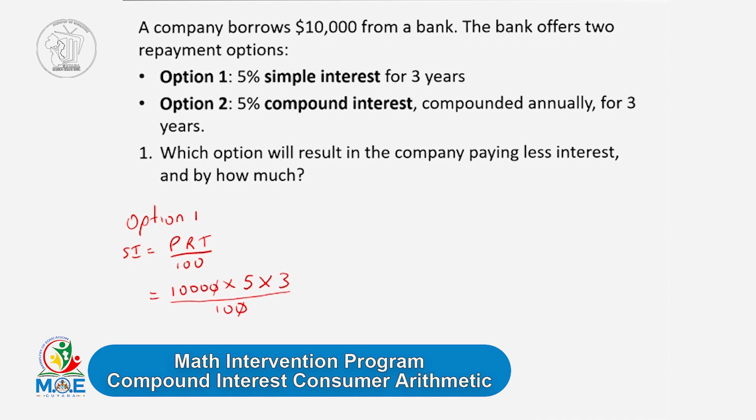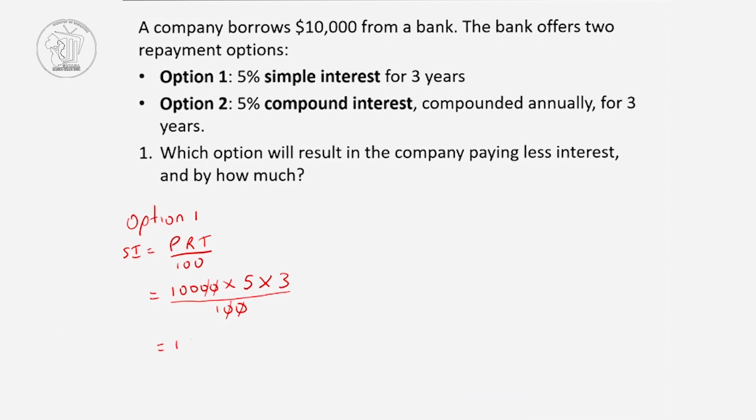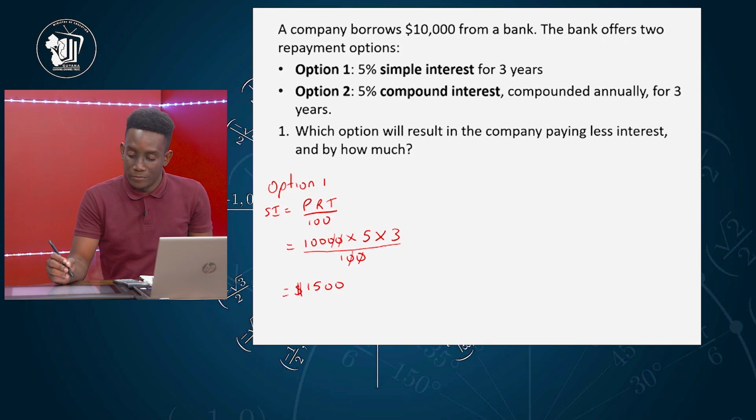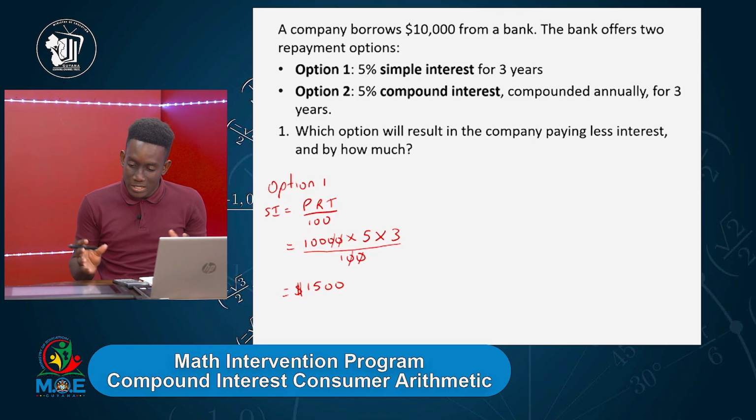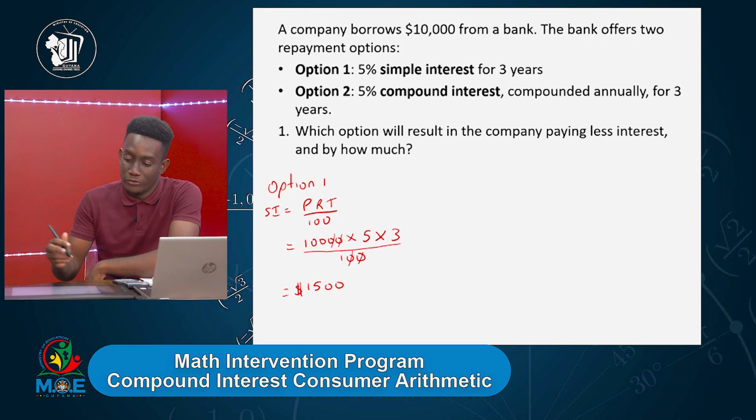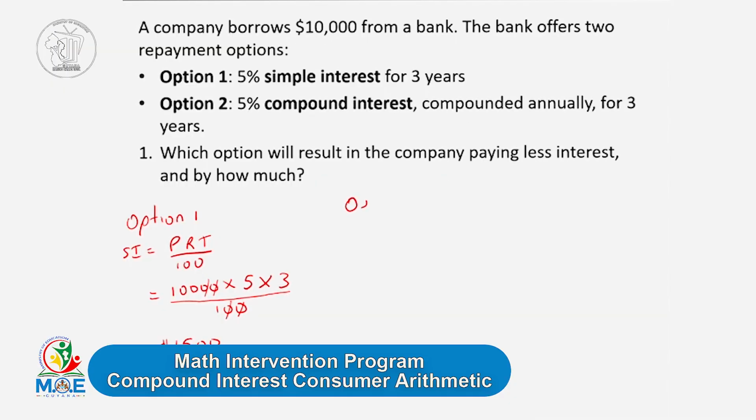So this 0 cancels out with that 0, this 0 cancels out with that 0. So 5 times 3 is 15. 15 times 100 would give me 1,500. So that is option 1. Option 1, we see that you pay an interest of 1,500. Option 2,